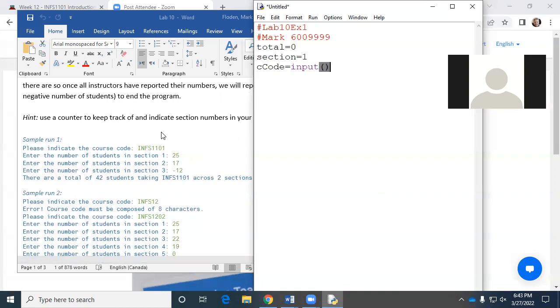Oh, why is section equal to one? Because here we have section 1, section 2, section 3. So I'm going to use that for these sections. Okay, so